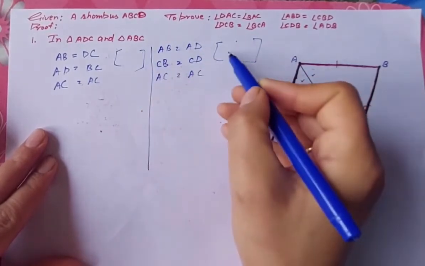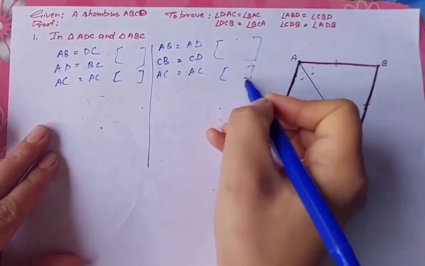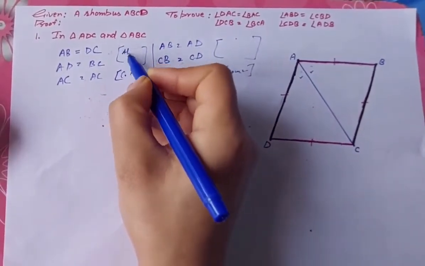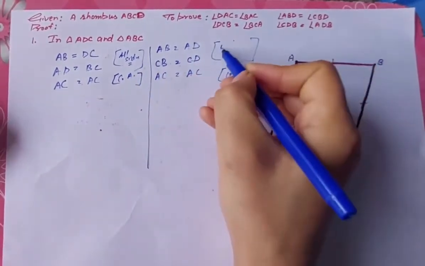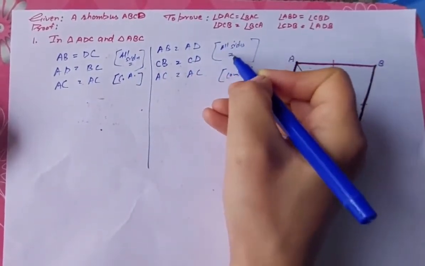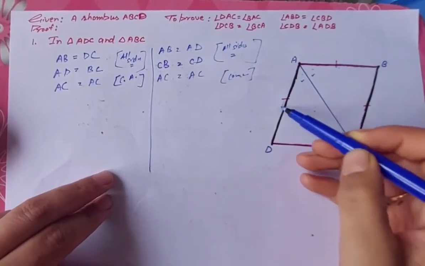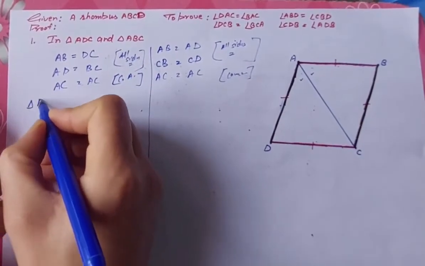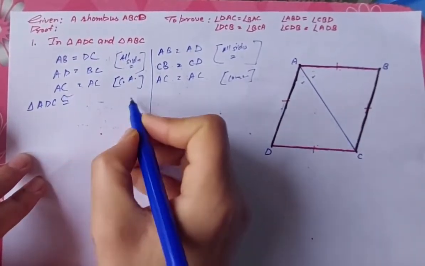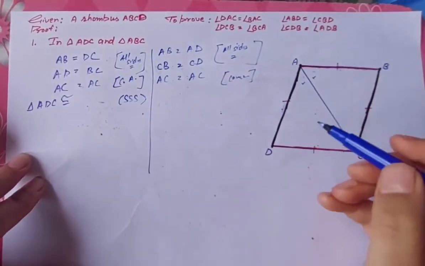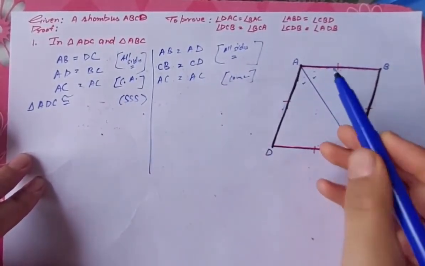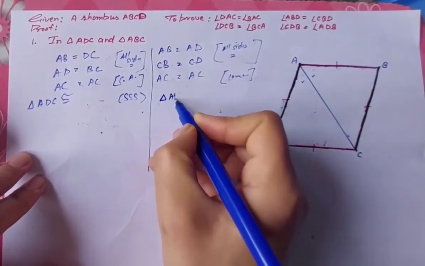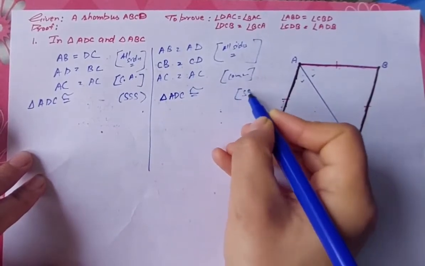The reason here is going to be the same: all sides of a rhombus are equal. Here it is a common arm. Here also a common arm. So if you submit this equals this, this equals this, and the common arm, there are three equalities and the two triangles are congruent. Triangle ADC is congruent to the other triangle by SSS, and here also, because AB equals this equals this, and the common arm, again triangle ADC is congruent to the other by SSS.